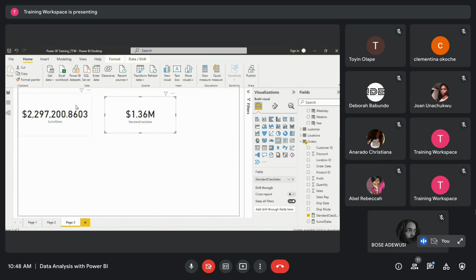Okay, so one easy trick with Power BI is, in this case I had to go to the settings and normalize the values to bring the entire values out. So if I want to do the same to this, instead of having to go to my settings to do the same, I can just use Format Painter and apply the same to my next card. So we can see that this is just the entire sales that standard class